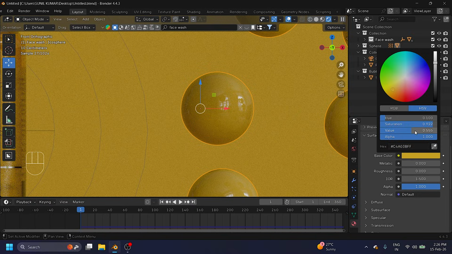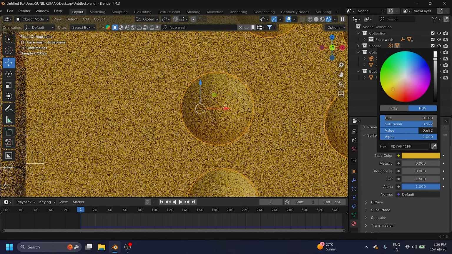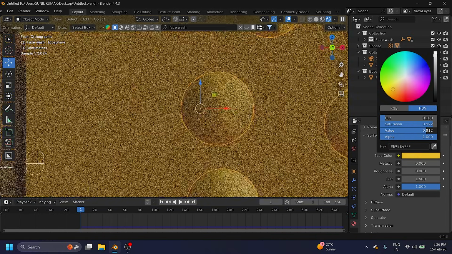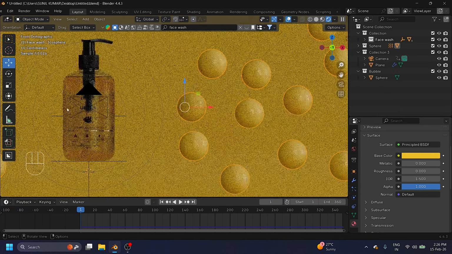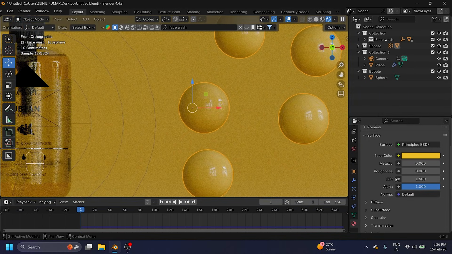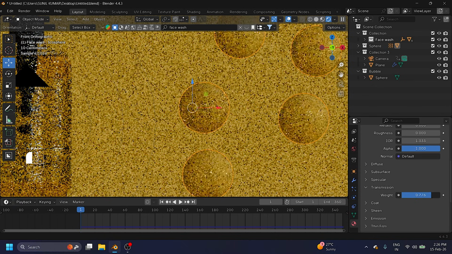Yeah, this value is good. For this object, roughness is good. IOR 1.333 and go to on here, guys, transmission weight 1 check.